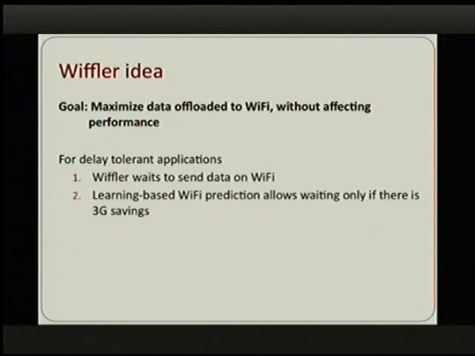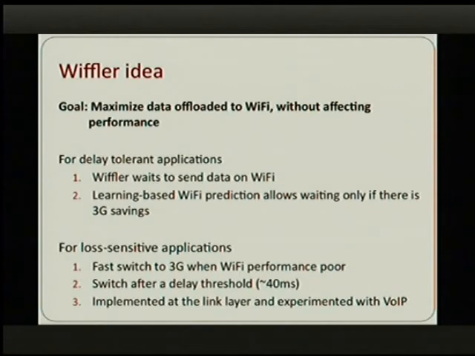And then for loss-sensitive applications such as VoIP or video streaming, the problem here is that if you switch to Wi-Fi whenever it's available, you might affect the performance of the application because Wi-Fi performance can be poorer. So here we switch back to 3G when we find that Wi-Fi performance is poor, but we actually have to do the switching at a very small delay granularity, because otherwise there's no use in doing the switching. A VoIP application, for example, is anyway